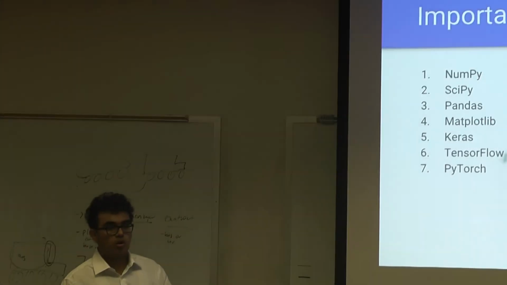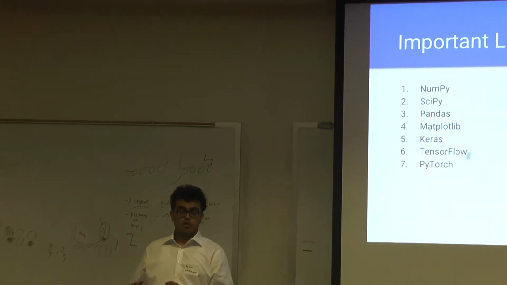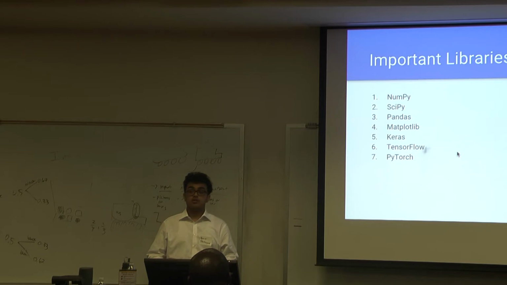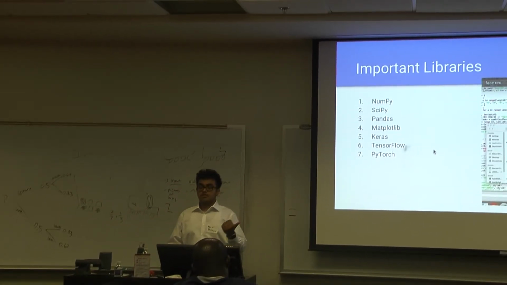So NumPy would be more of our algorithm, or keeping our data local to the program. SciPy would be more of keeping our words in the program. Pandas would be keeping temporary data structures, and Matplotlib would be graphing our possible outcomes. So that's how I created those graphs earlier. I used Matplotlib.